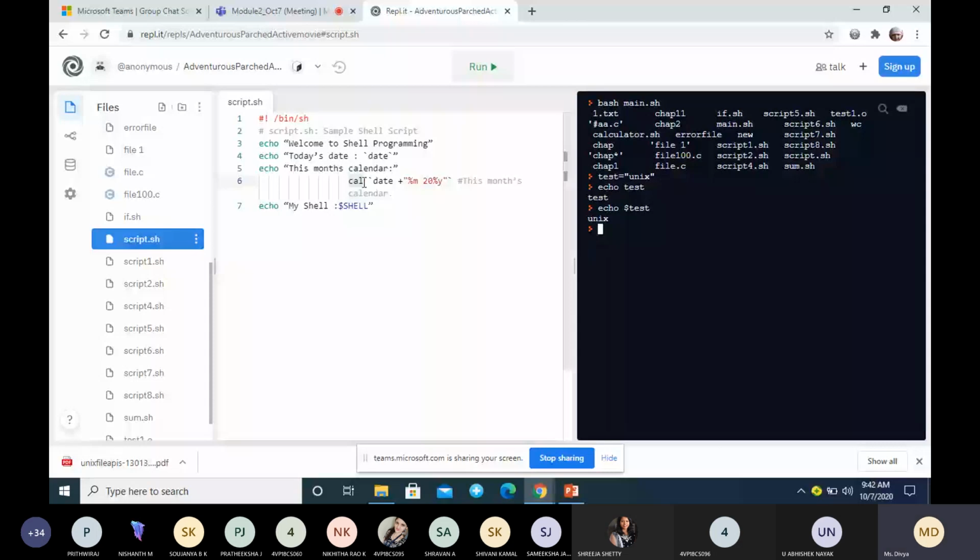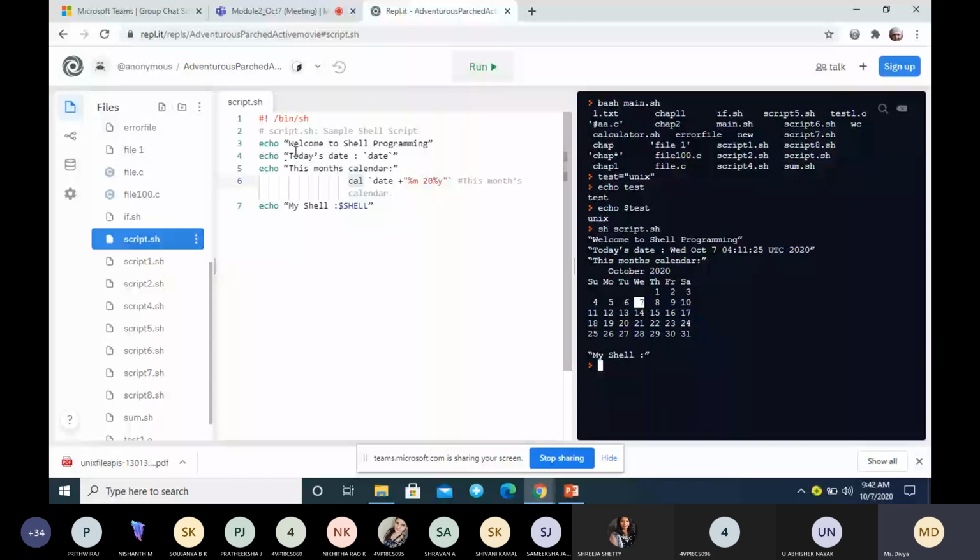To execute, we have to use sh followed by the name of the file, script.sh. You can see the output. First it displays welcome to the shell programming. Then today's date, using the date command; make sure you place it within this symbol. It displays the complete date.